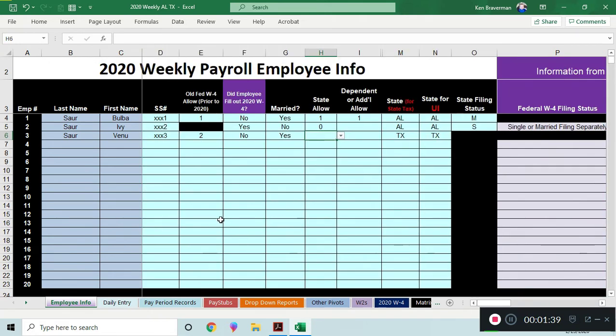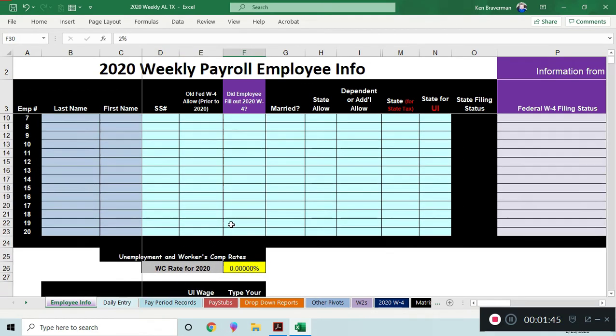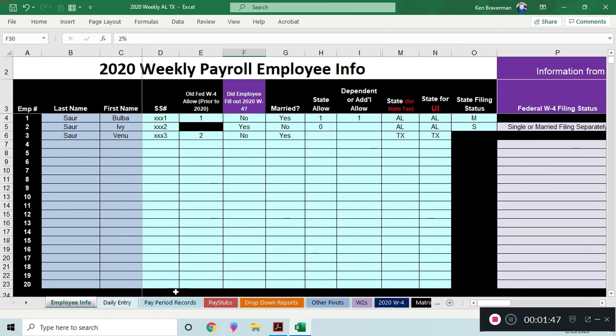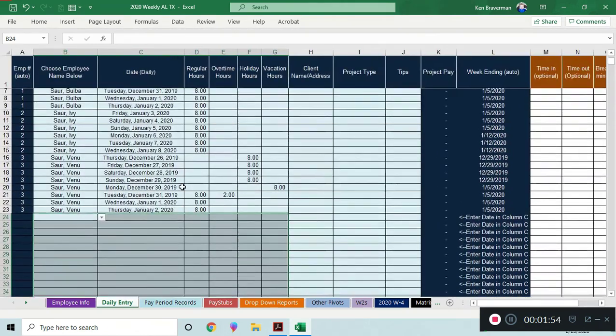Once you've done all that and you've put in your unemployment rates for the states that you're in, that you were assigned by the state down here, you're pretty much done on this sheet unless you have any workers' comp you need to deal with. But you'd go over to the daily entry sheet and you'd start entering in information